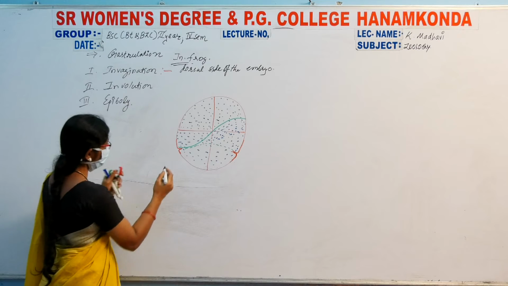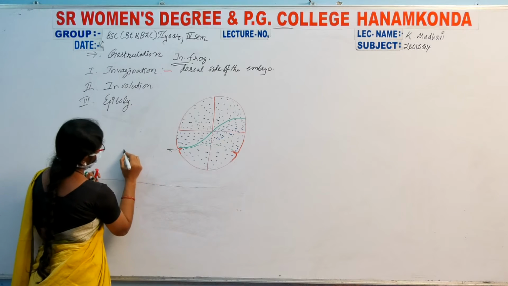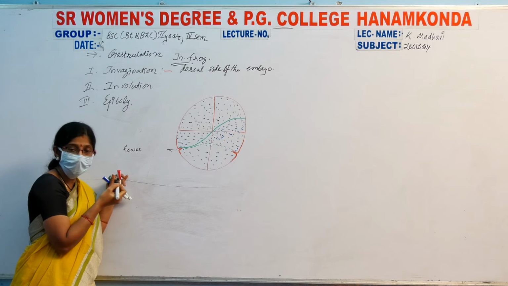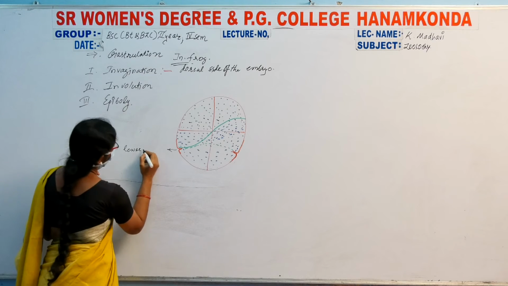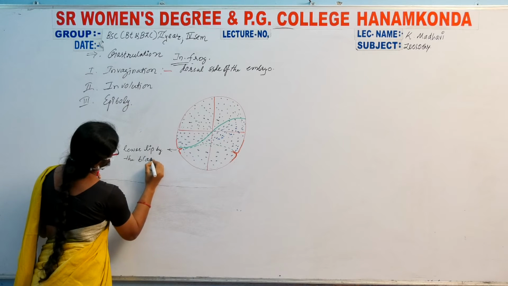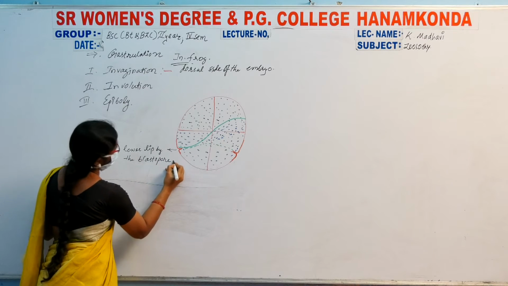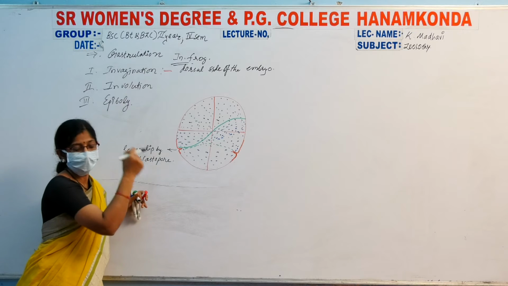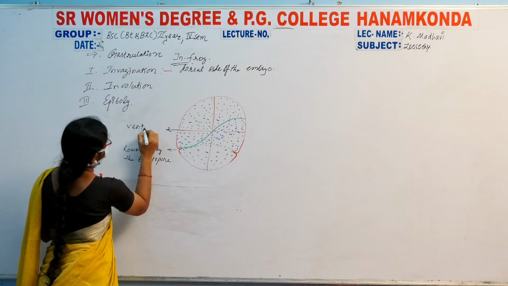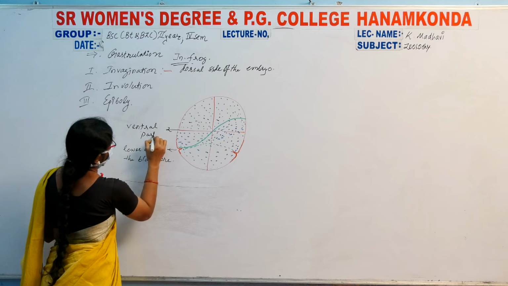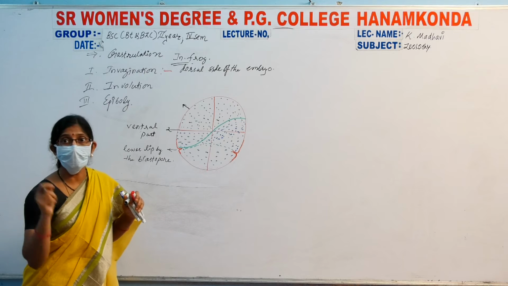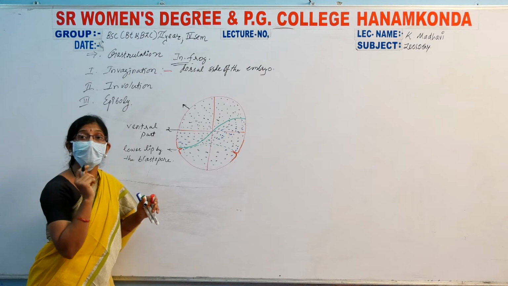Right, ma'am? This first one indicates here the lower lip. It is named the lower lip of the blastopore. Blastopore. Where is the equator region? This indicates the ventral part. This indicates the ventral part, where this region indicates the point suitable for the sperm cell to penetrate, the entry point.